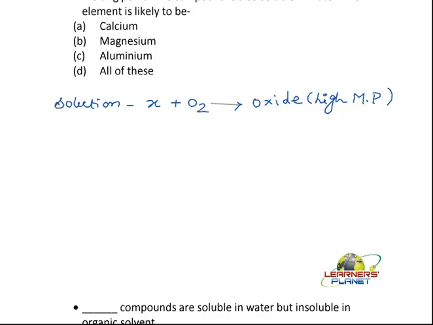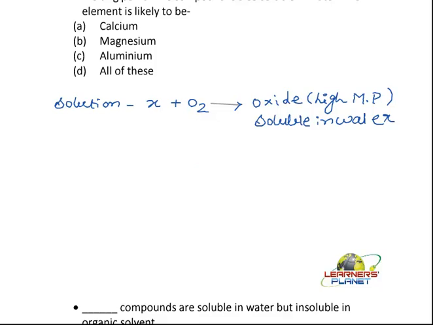And its second property is that it is soluble in water. So it is soluble in water. So these are the two properties of oxides. Now let's work out all the options, here there is no logic actually.